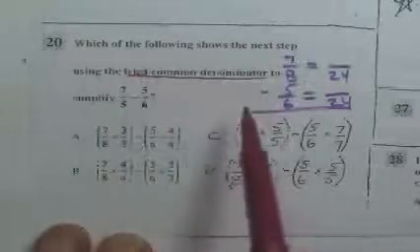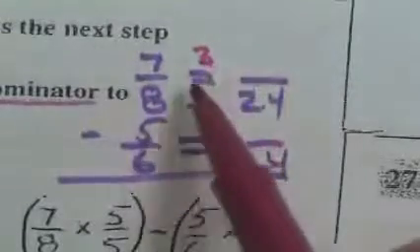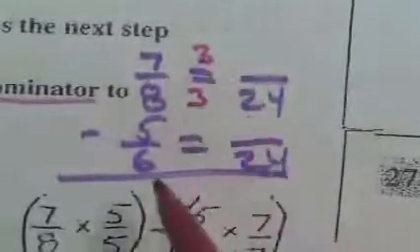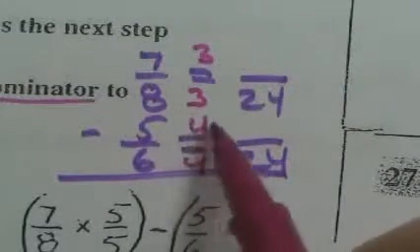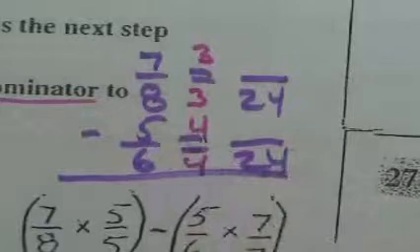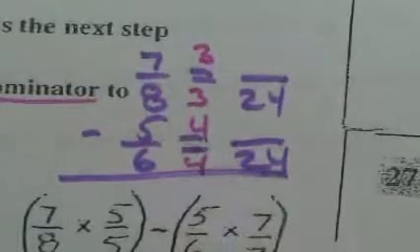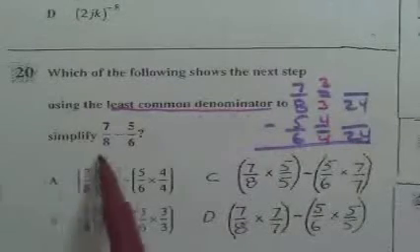Which of the following shows the next step using the least common denominator to simplify this? Okay, well, our least common denominator is 24. To get that, I would have to multiply by 3, or 3 over 3. To get this to be 24, I'd have to multiply the top and the bottom by 4, or 4 over 4. Therefore, the correct answer